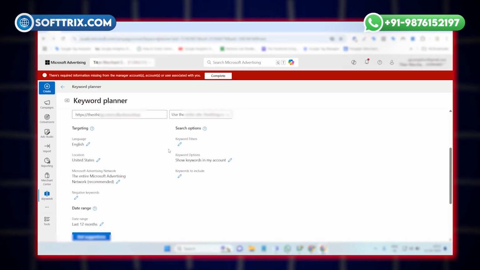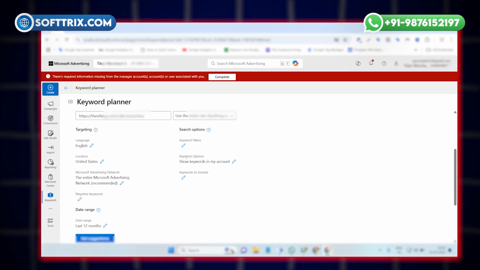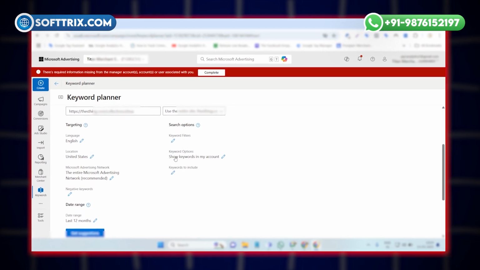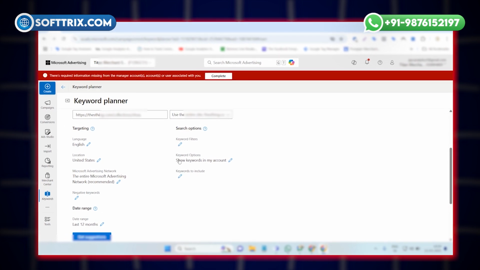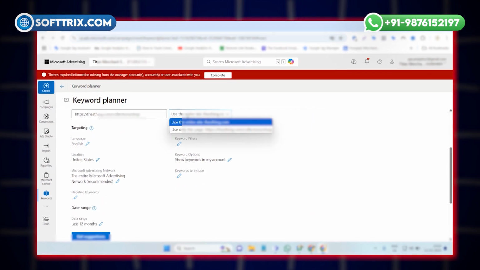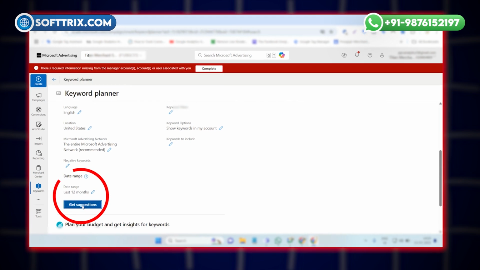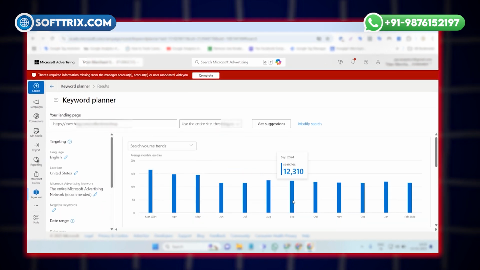And as you know, I have already told you what the filter is doing. So if you want to apply any filter, you can do it from here. Like I don't want any filter right now, so that's why I'm not choosing it here, but if you want, you can do it. Okay, and I have used my entire website option. So I just need to click on the get suggestion button, and once I click on it,